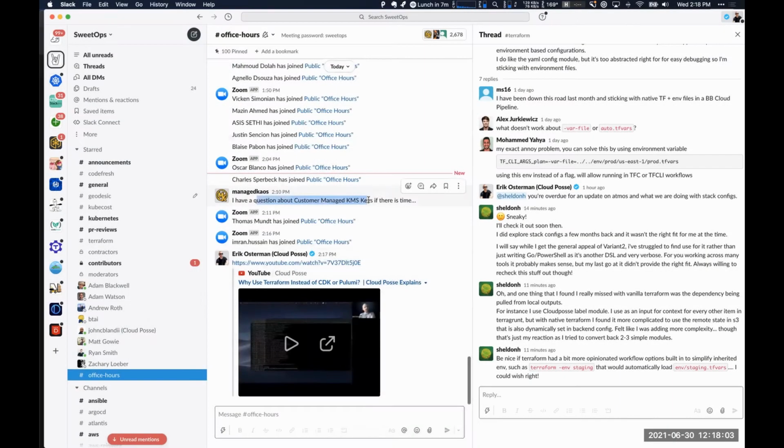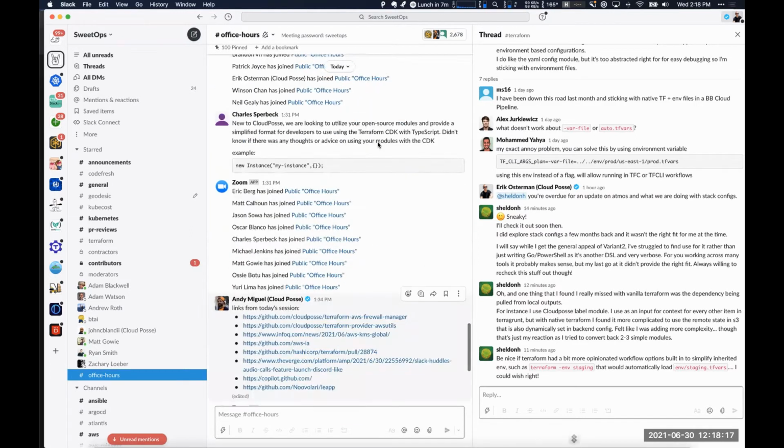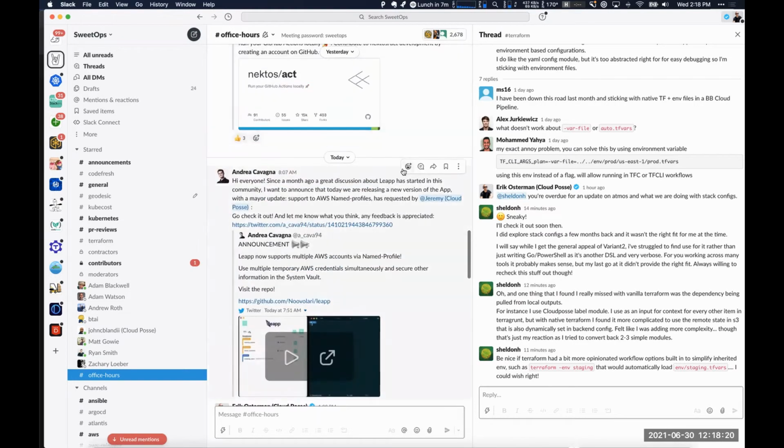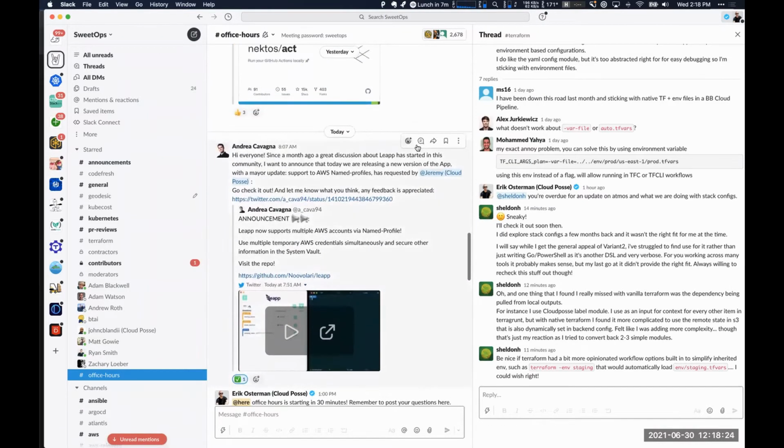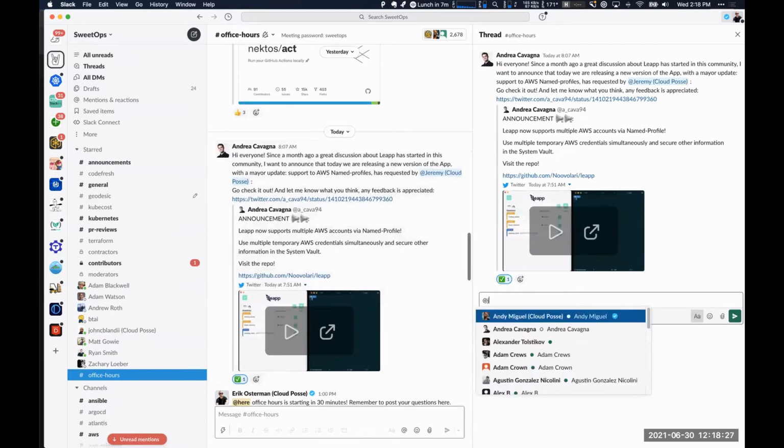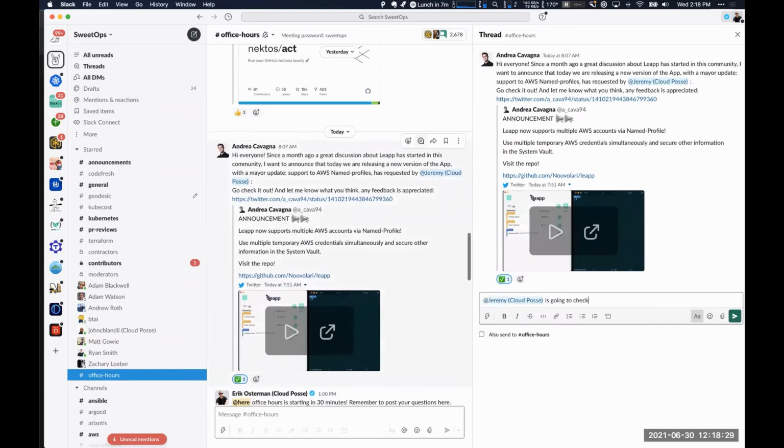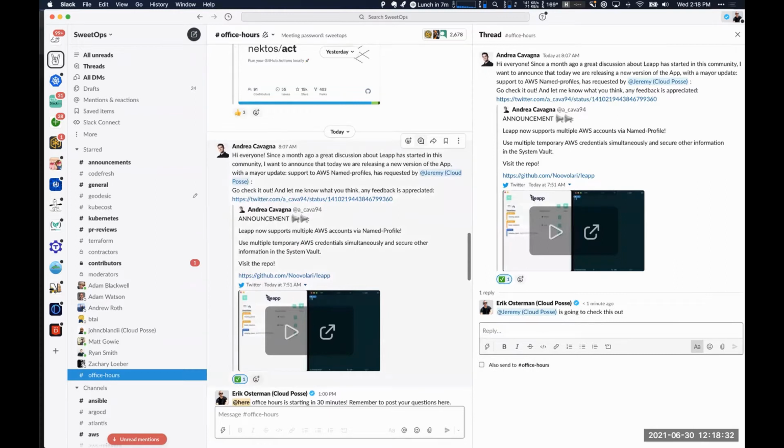to manage customer managed keys with resources. So I guess the case is I'm creating a bunch of resources that need to be encrypted, right? So one thought is you can create one key and use that to encrypt all your stuff, passing that key in as an input, or you can have the resource or the module specifically create its own key and use that for encryption. I was just wondering if there's any best practices or just another school of thought on how to manage your